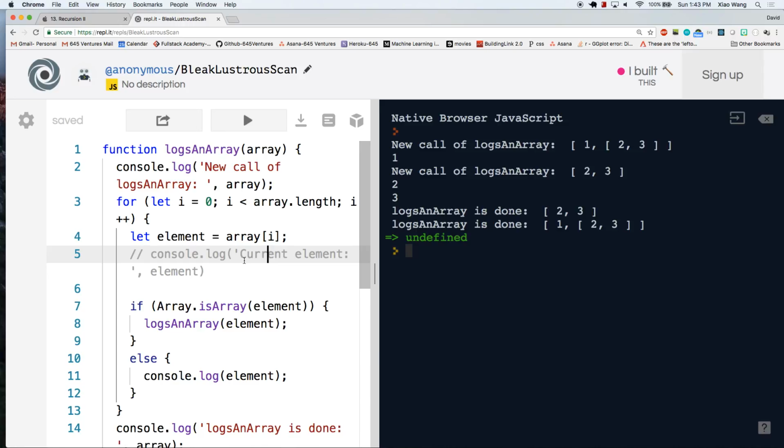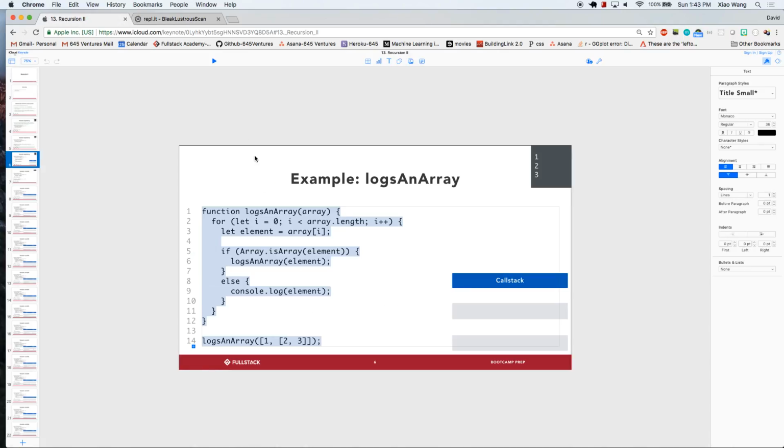So that function finishes, and then when we come outside, logs in array is also done now for processing this outer array initially, right? So if you think of our call stack, as we add this to the call stack, then we add this on top of it. This finishes, so we wipe this off, and then this finishes, so we wipe that off. And in fact, when I go back to the slides, I think there is an animation there for how the call stack is going to look here.